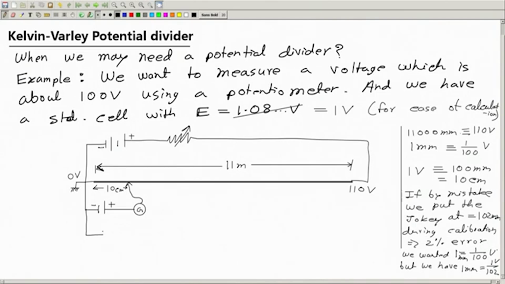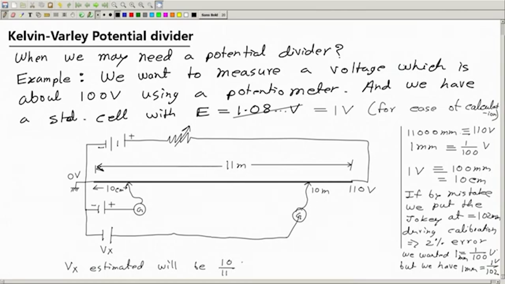Therefore, during the measurement, okay, if we get the balance, so this is the Vx unknown, if we get the balance somewhere here at 10 meter, then we will estimate Vx. Vx estimated will be, actually 10 meter means 10 by 11 into 110 volt. So, this will be 100 volt. So, this is Vx estimated, but Vx true will be